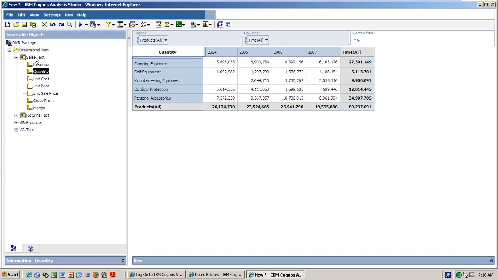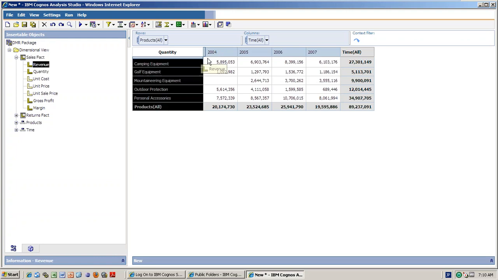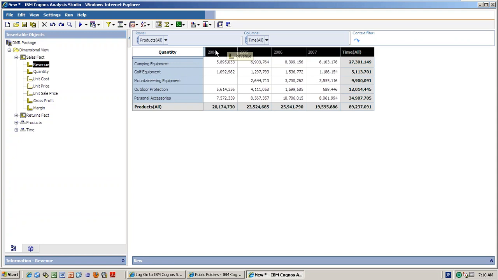So for doing this, see, you take the entire sales fact, right? And you just add one by one, here also, like this. In the column, you can add like this.